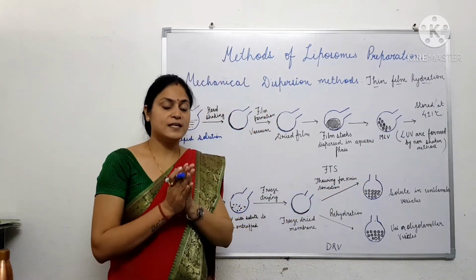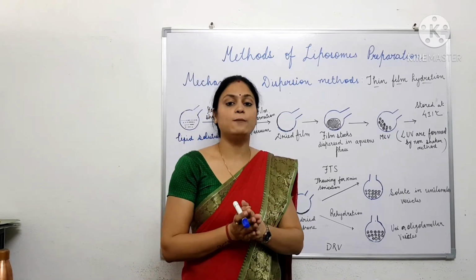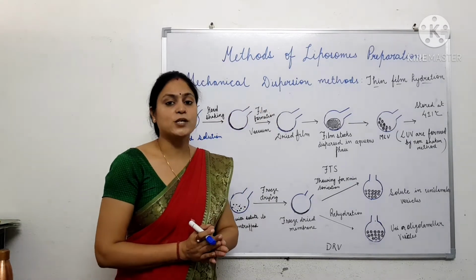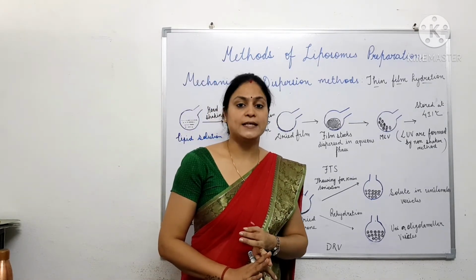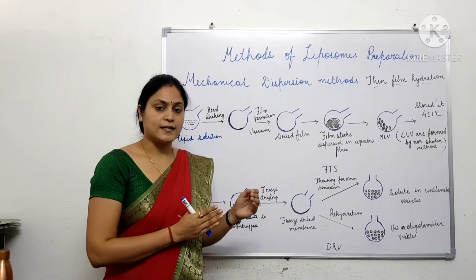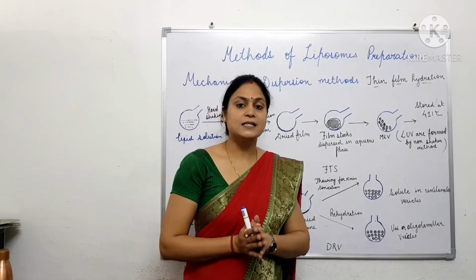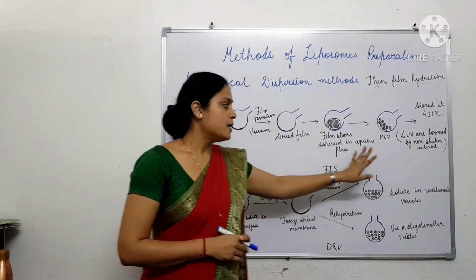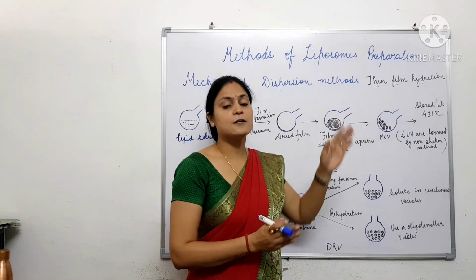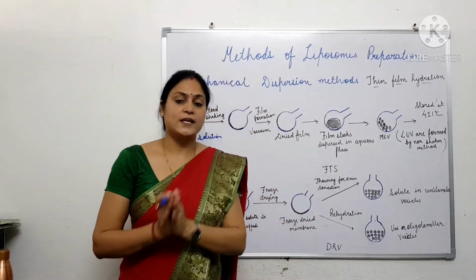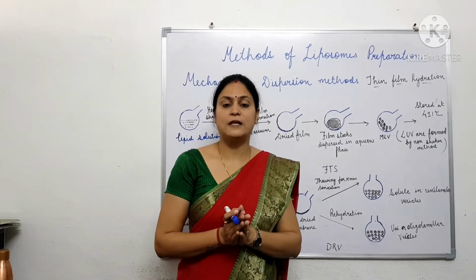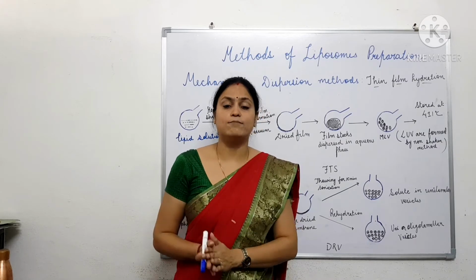The size of these vesicles can be reduced with the help of techniques which we have discussed in other mechanical dispersion techniques, such as sonication, membrane extrusion technique, and microemulsification technique. These can be used for reducing the particle size of these liposomes. In the liposomes formed by the thin film hydration technique, either by the handshaking method or the non-shaking method, the entrapment efficiency is very low. It is about 10 to 15%, and can be as high as 30%.